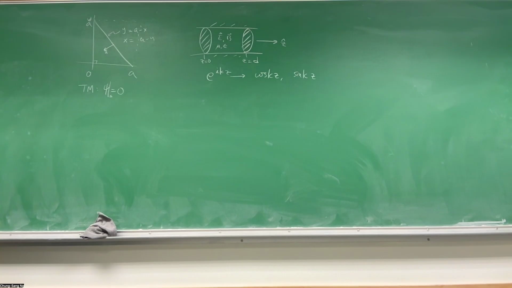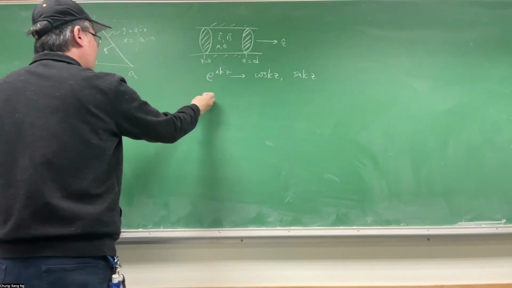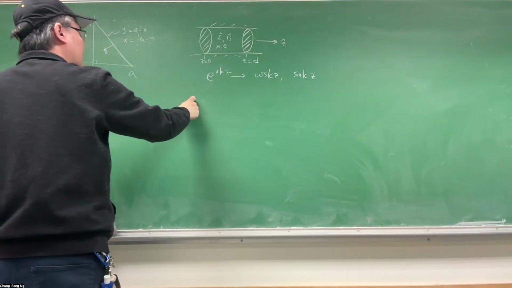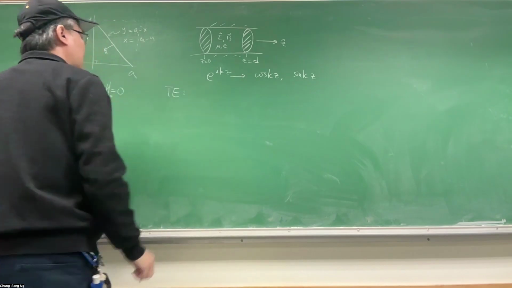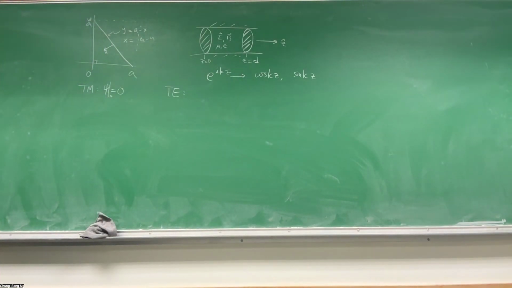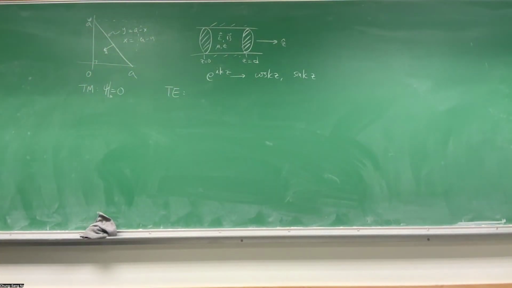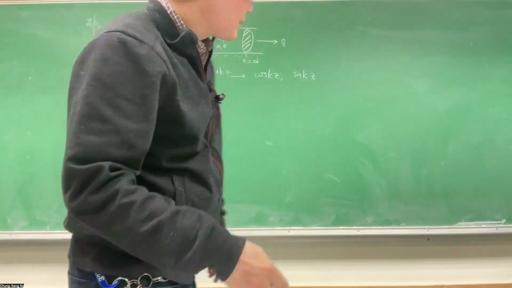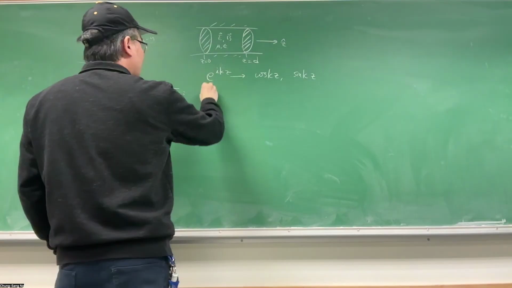For the end surfaces, TE turns out to be easier. The TE mode is characterized by the parallel direction of the magnetic field. You can use either Hz or Ez; let me just use H. So psi will be proportional to